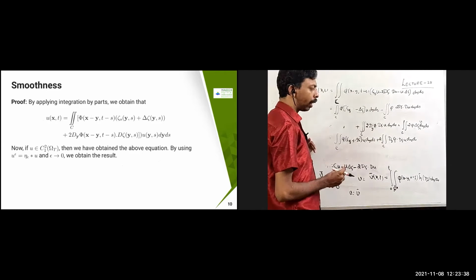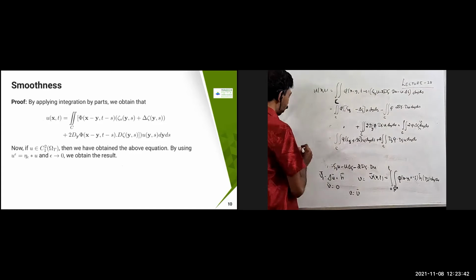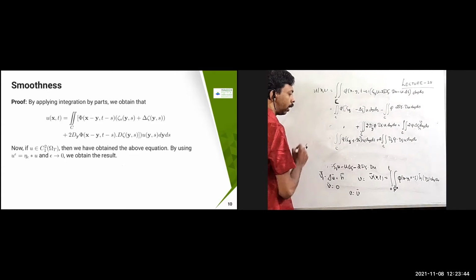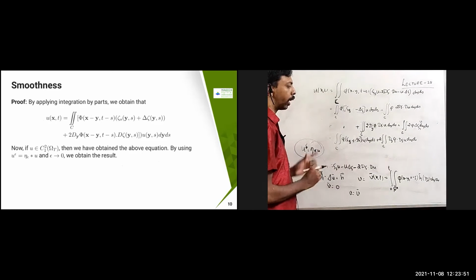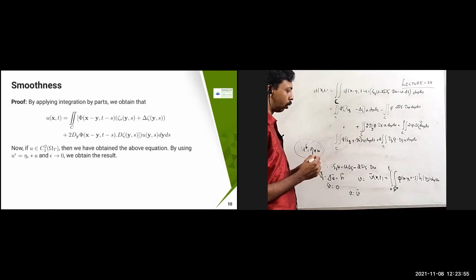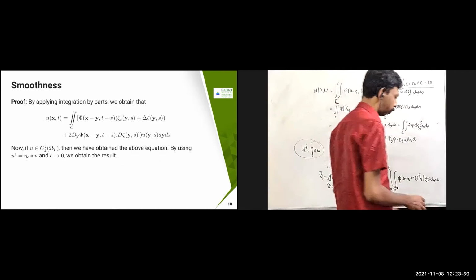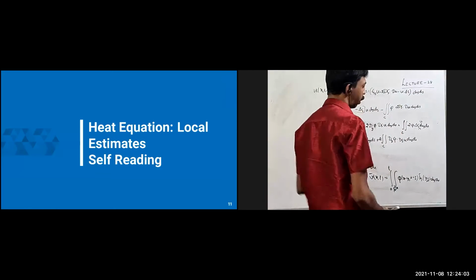Now, in order to obtain that for the entire thing, you've got to define your modifier, u chi. So u chi equal to eta chi into u, you've got to obtain. And as epsilon tends to 0, you are going to get that your u belongs to c infinity of omega t. So therefore the proof is done. The only thing is you've got to prove this one, so this integration by parts only you've got to use.